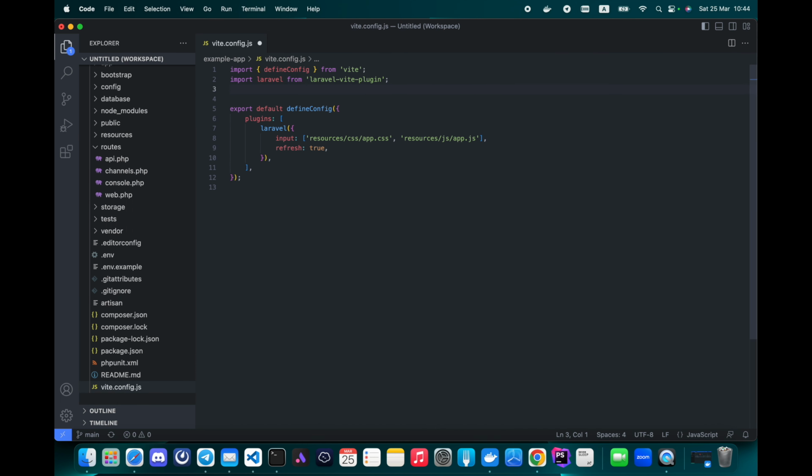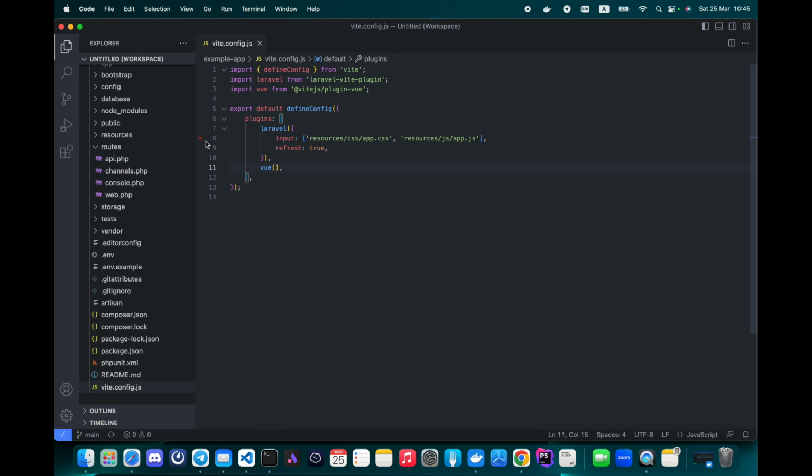Don't forget to import this plugin into vite-config.js with this line. And add Vue to this plugins array.